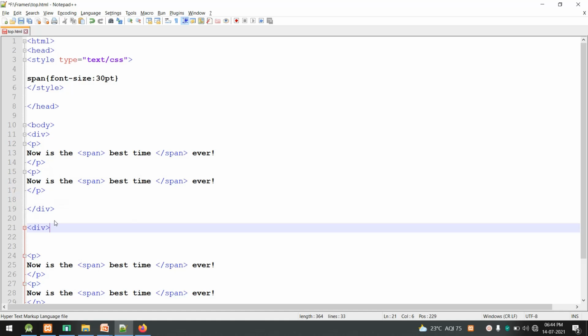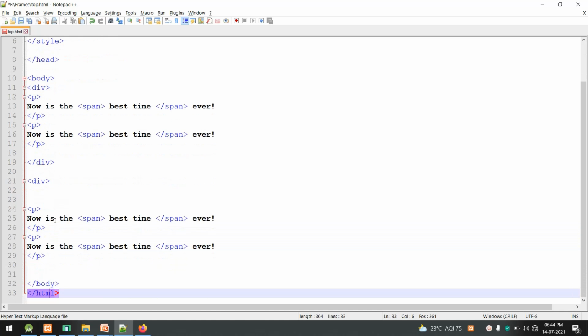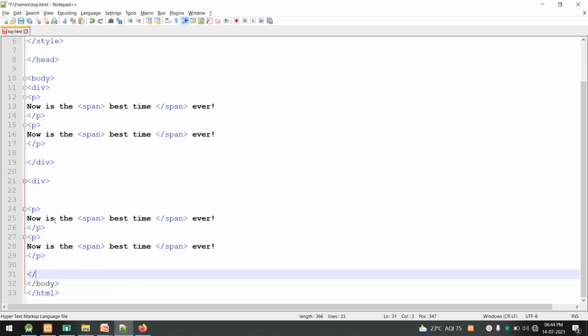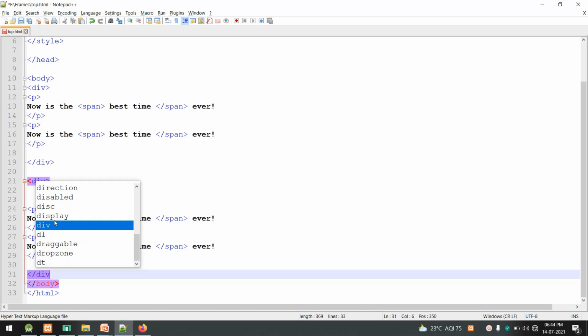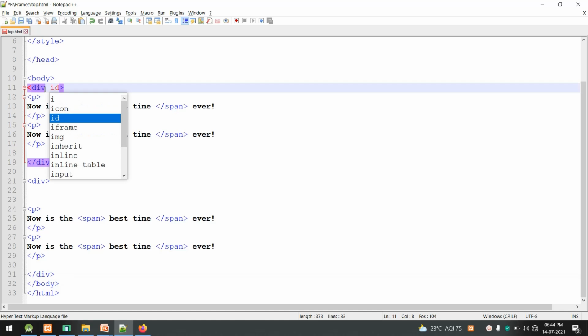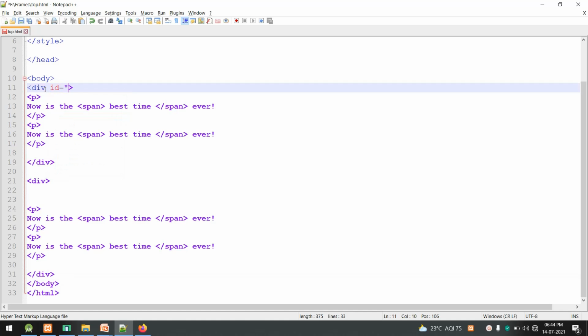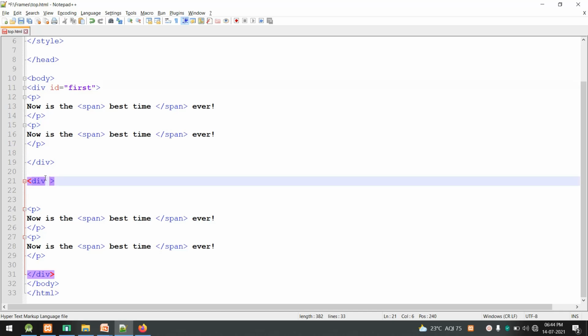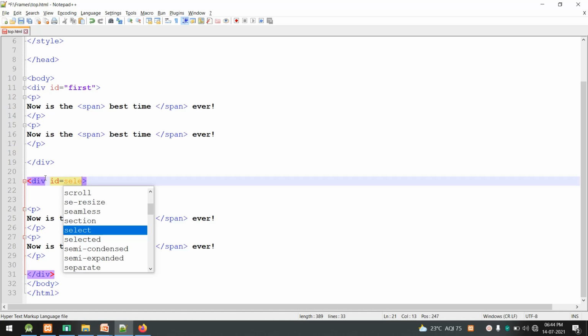Second division, which includes the next 2 paragraph tags. And each of these divisions may also have an ID. So I'll say ID is equal to first, and for this division I'll say ID is equal to second.